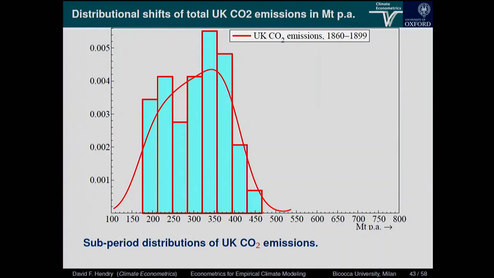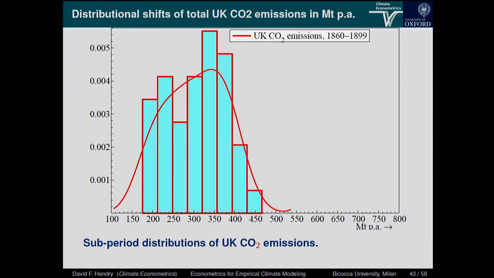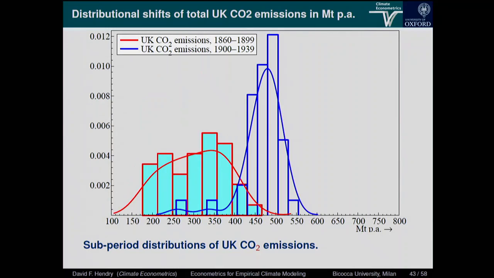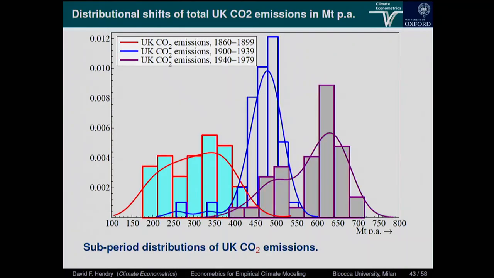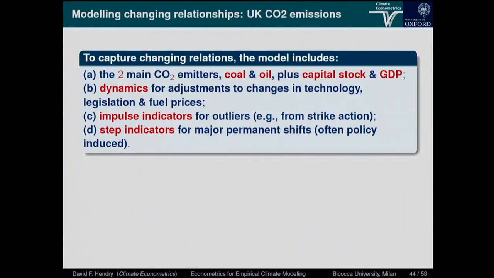And these are the distributional shifts that we see. Well, let me go back. Look how large that looks. Then you put in the next period, and it now looks tiny, and it's shifted off to the right. The next period, it shifts off, but it's actually split. There's quite a lot going back to the left. And then the final period is way back to the left. So the distributions are shifting. There are, if you like, location shifts that are quite large throughout.